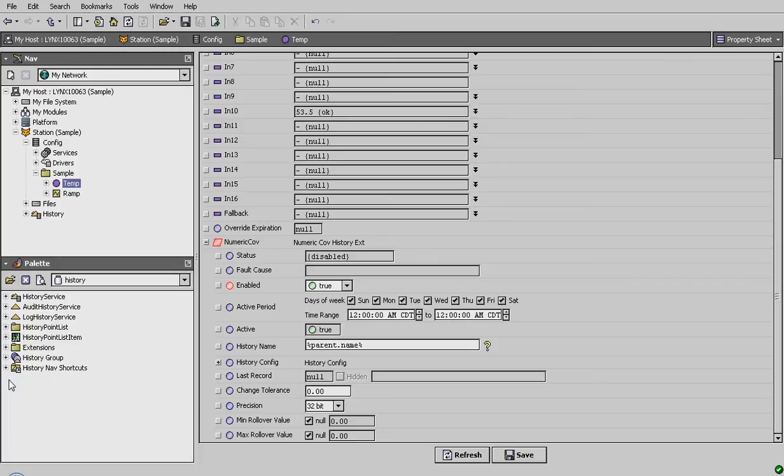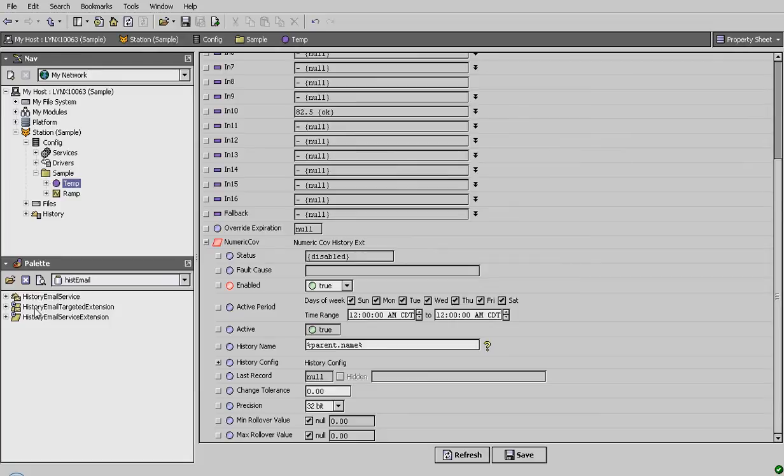But LinkSpring's history email service simply picks up these histories and will email them to a recipient of your choice on a schedule of your choice. It's very easy to use. To start with, let's go in and get our history email service, our history email palette, and we'll take a look. There's a few different things.